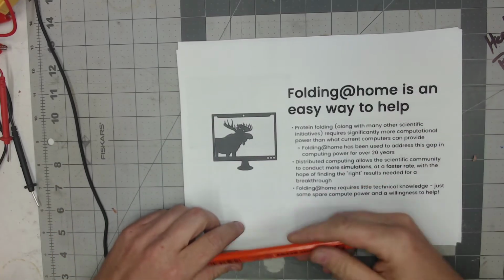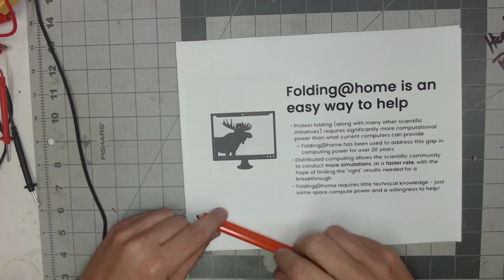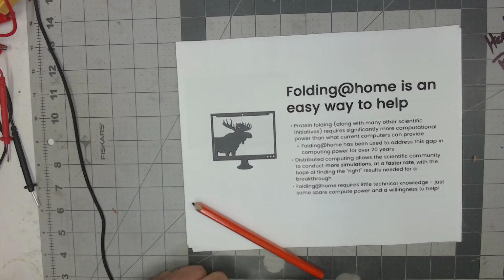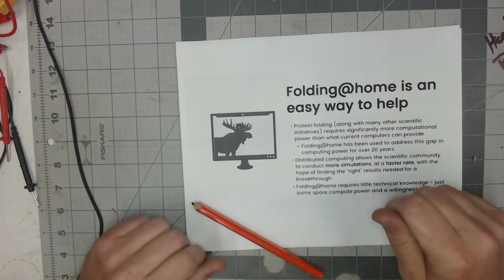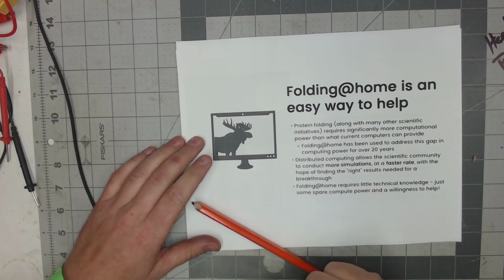So Folding at Home is an easy way to help. Protein folding, along with many other scientific initiatives, requires significantly more computational power than what current computers can provide. Folding at Home has been used to address this gap in computing power for over 20 years. Like I was saying, they've just had their 20th anniversary. Distributed computing allows the scientific community to conduct more simulations at a faster rate, and with the hope of finding the right results